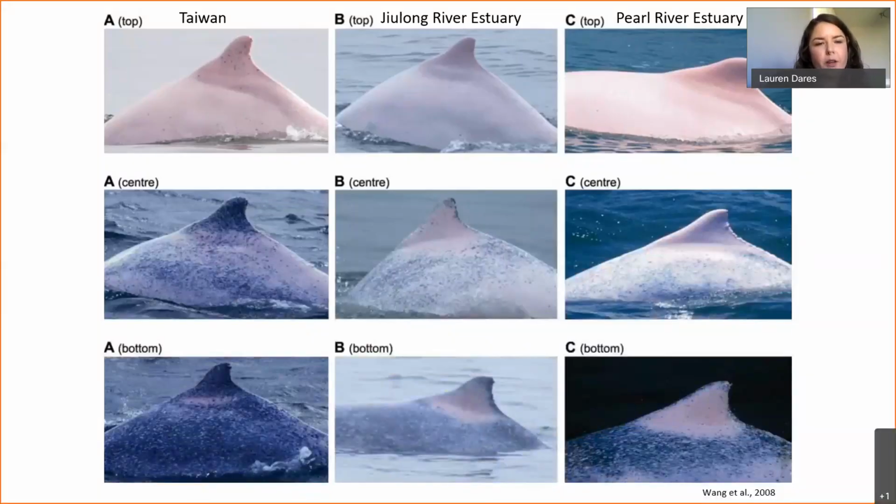So photo ID has also been really important in defining these animals as a subspecies. You can see from this figure that researchers actually compared different color phases in Taiwan to two populations that are found along the coast of China. And so you can see that